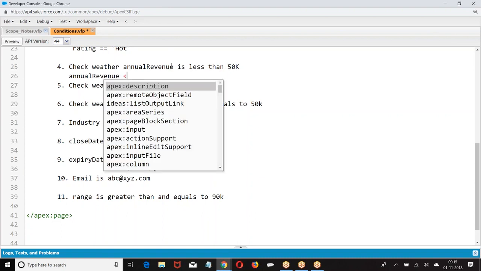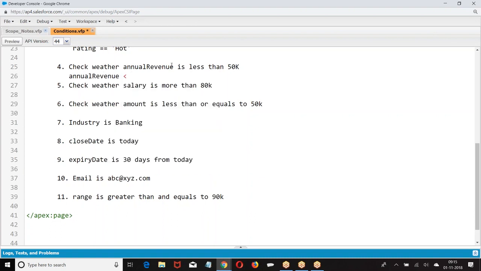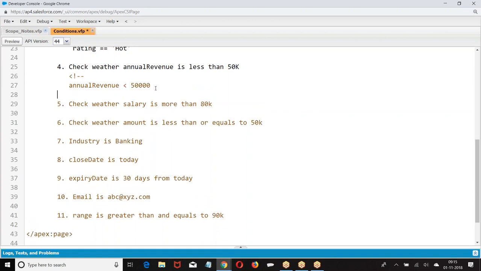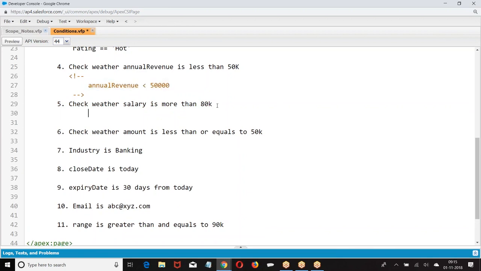Annual revenue less than. Salary greater than.